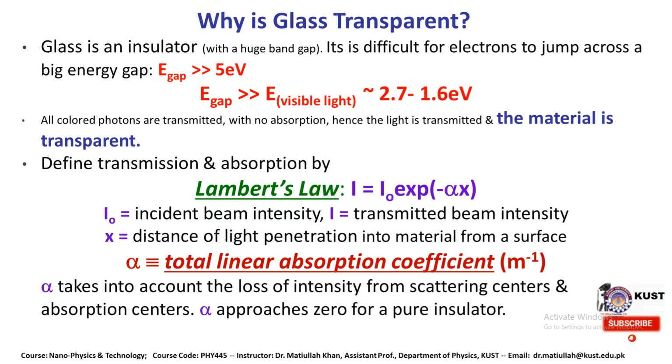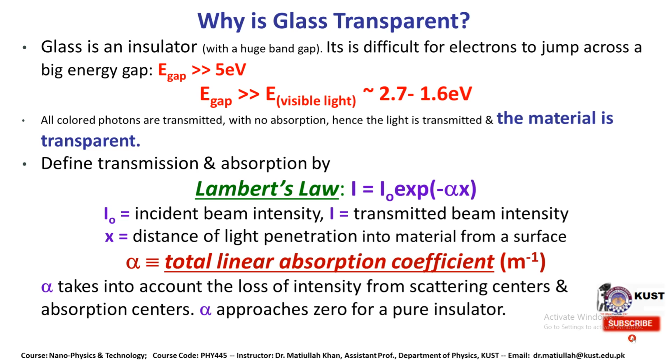So even we discussed the Lambert law in the last equation, that we have different possibilities, and on the first slide we discussed the different possibilities for the light: reflection, refraction, transmission and scattering. That depends upon the band gap of that material, and why some materials are transparent. Just like glass, an insulator with a huge band gap, it is difficult for electrons to jump across the band gap,